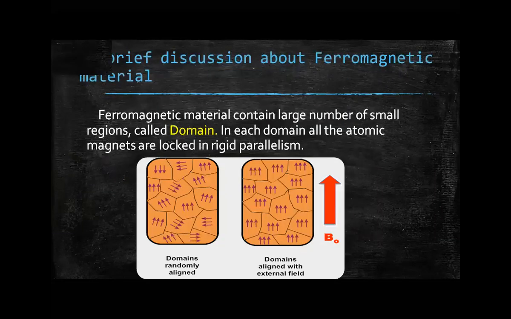So you know how the domains align. If you apply the field in one direction, all the domains come into one direction. This is completely aligned to one direction. These are aligned dipoles within the domains, but if you compare across all the material, they are random. But in this case, it is completely one direction. Okay.